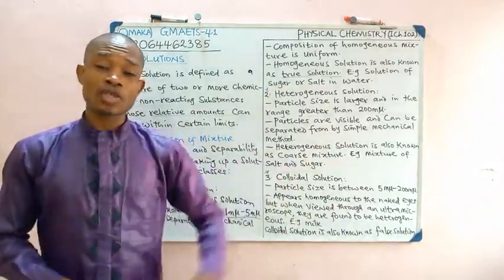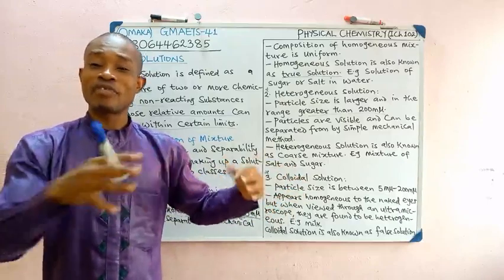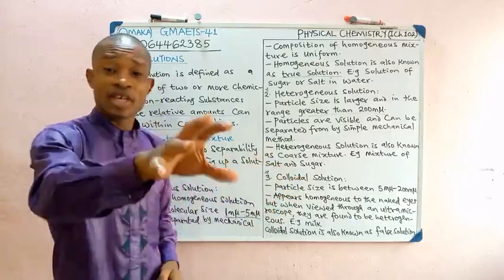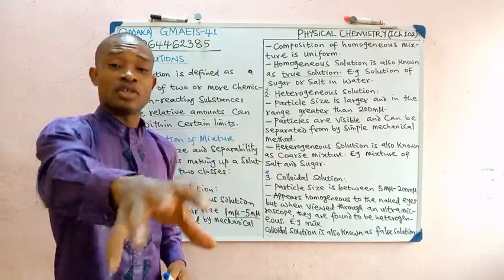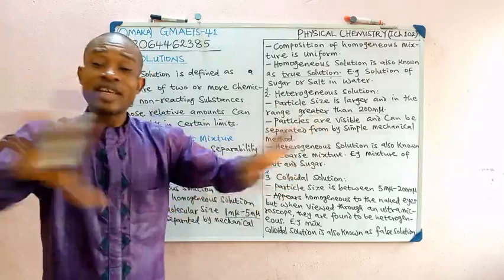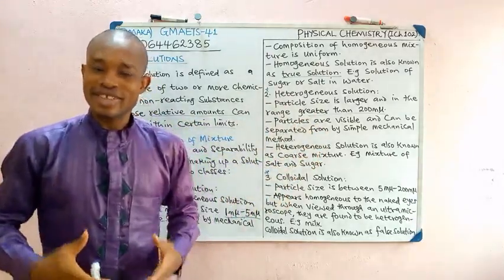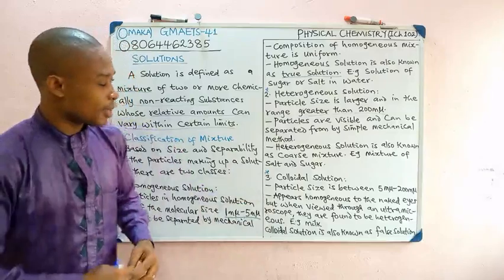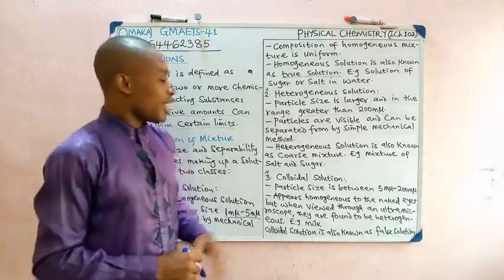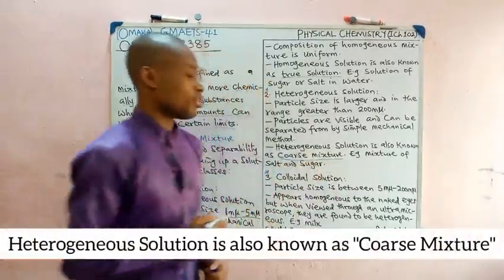Once again, let's go back to a school where you have students putting on, let's say, two different uniforms. Of course, you can identify that this student is putting on this particular uniform and this one is putting on a different uniform, because it is not a uniform wear. Does that make sense? You can easily separate that. Heterogeneous solution is also known as coarse mixture. Take note of